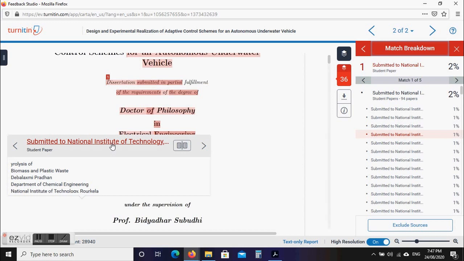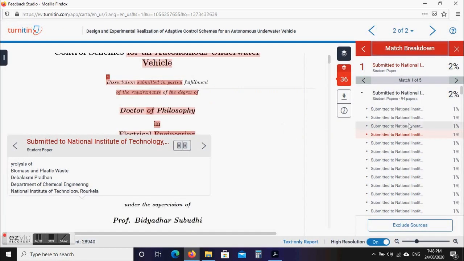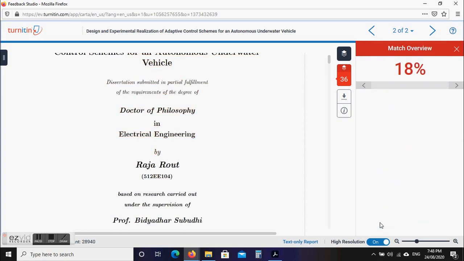Here you are able to download the article because it is NIT Rourkela property. You can download and see it, but that other one is not our property, it is someone else's property. That's why instead of the download message, it will indicate send email. So an email will be sent to the concerned person who deposited that particular article, and if they find it suitable, they can reply to you. So this is another thing. You can exclude this one also.